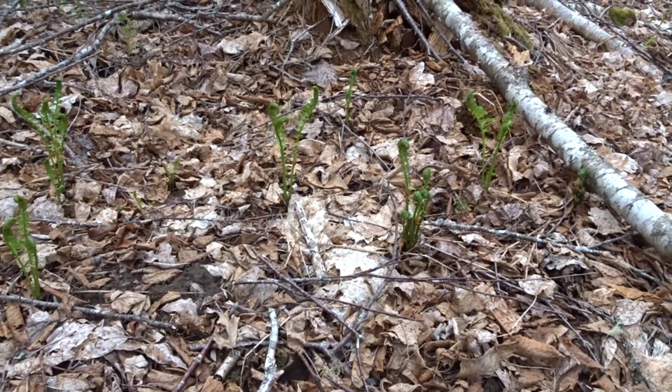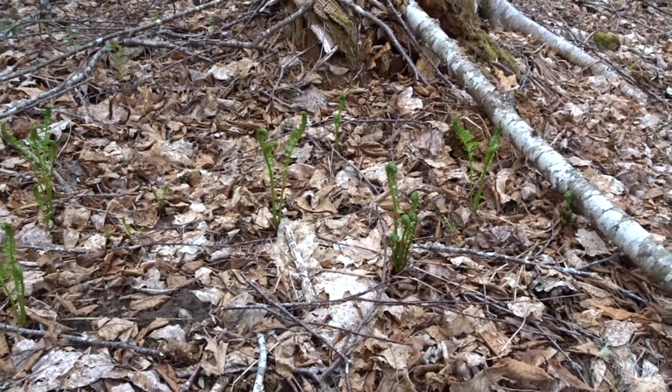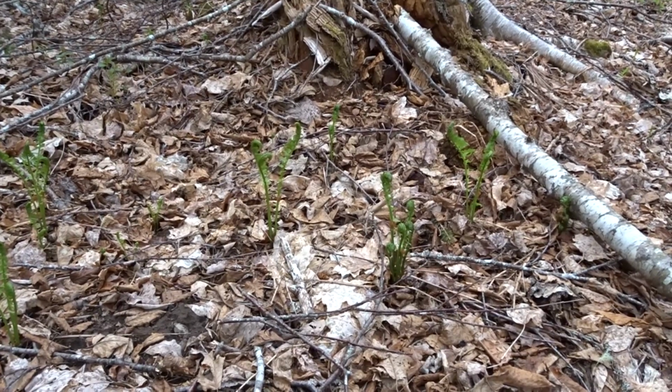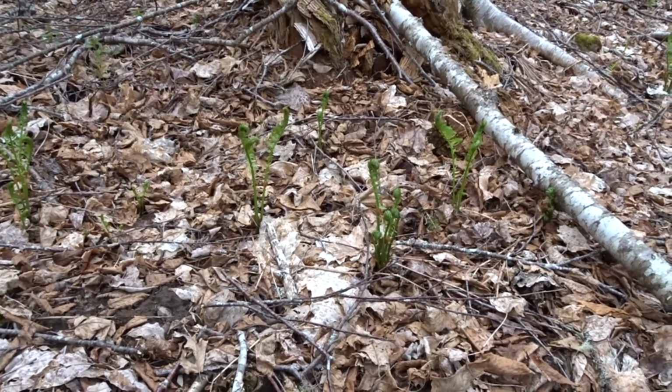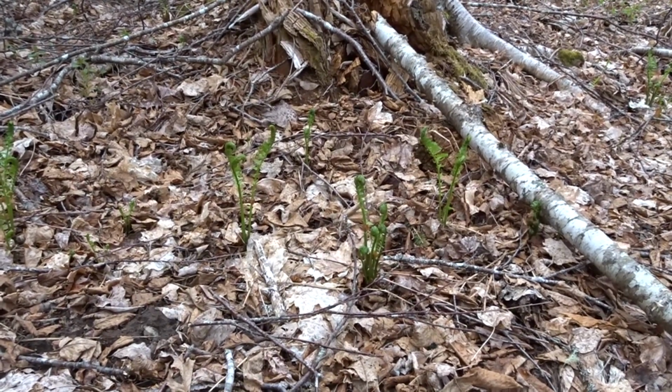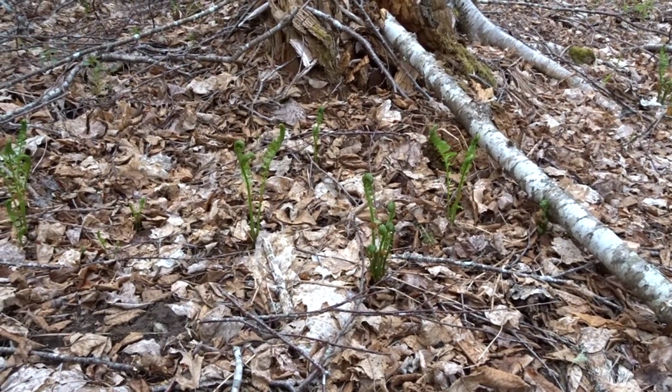The taste of ostrich ferns has been likened to asparagus. I think there's a slight resemblance. To me, the ostrich fern tastes like the ostrich fern. It's a little sweet, a little vegetable, but it has its own certain nuance that I don't think is quite